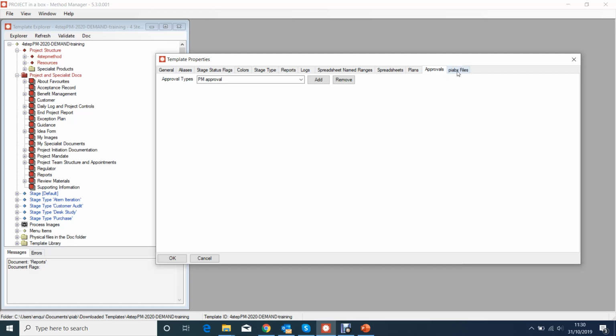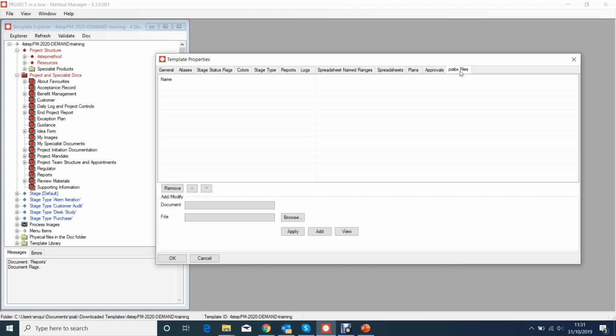Over at the end here we have an approvals form, which allows you to set up the default approval types that you might be running for a project of this type. You can always type in extra ones if you want to in the approval form when you go to approve a file, but this is about prompting for some standard ones. And at the end here we have PBX files. This is about the sources of data that we want to set up